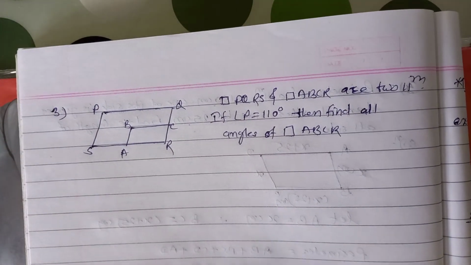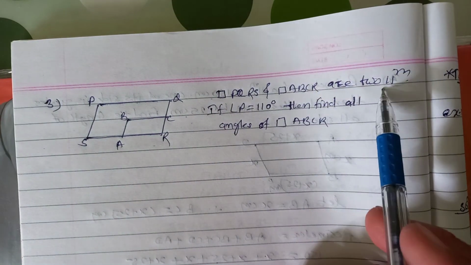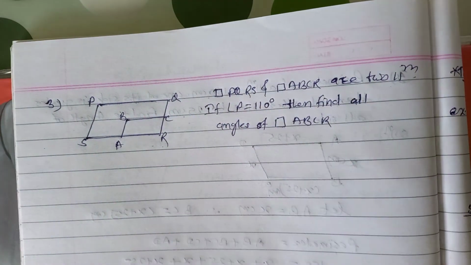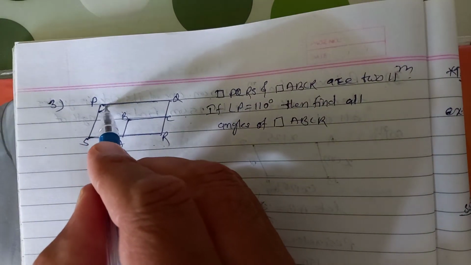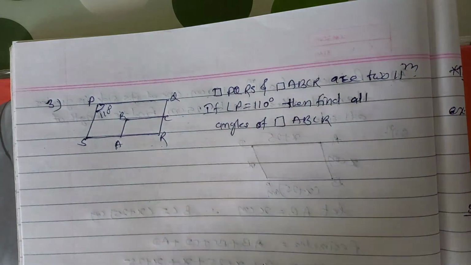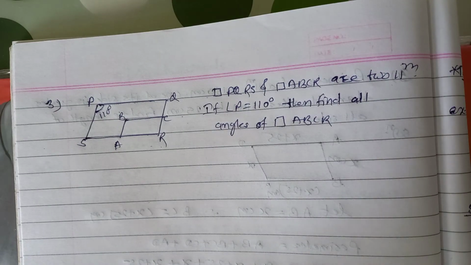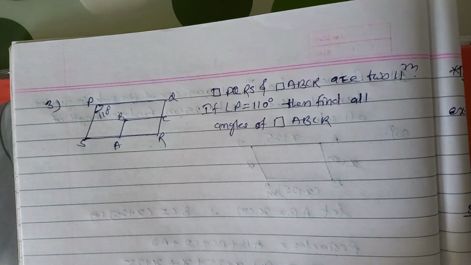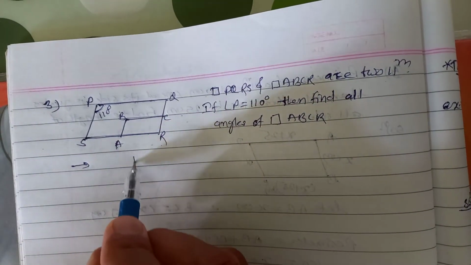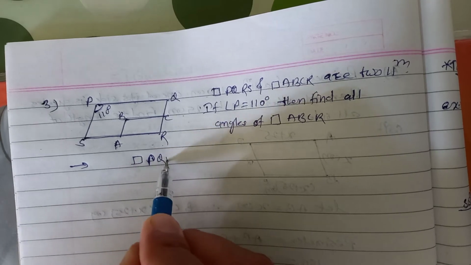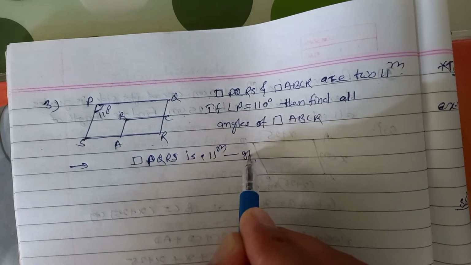That is a star example I have taken. So here see this PQRS, it is a parallelogram, and this one, ABCR, is also a parallelogram. So find all the angles of this one. Only this angle is given, 110 degrees. Okay, so very simple. You have to think, you have to apply the theorems, properties, whatever you studied. Okay, now we know this quadrilateral PQRS is a parallelogram, it is given.